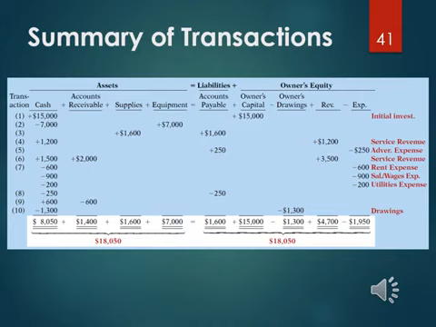Summary of transactions. Each transaction is analyzed in terms of its effect on the three components of the basic accounting equation, and specifies the items within each component. The two sides of the equation must always be equal. If you feel a bit shaky on any of the first transactions,